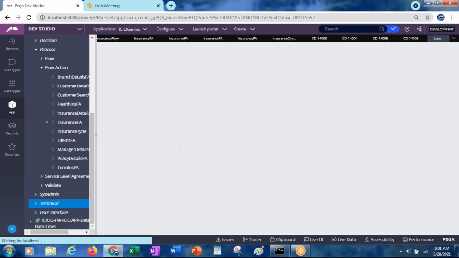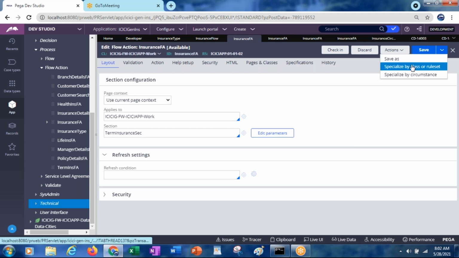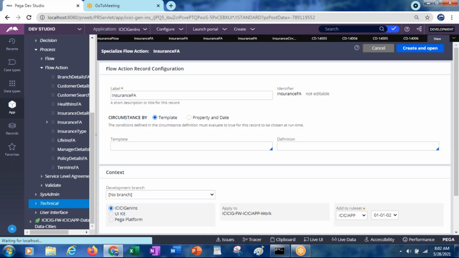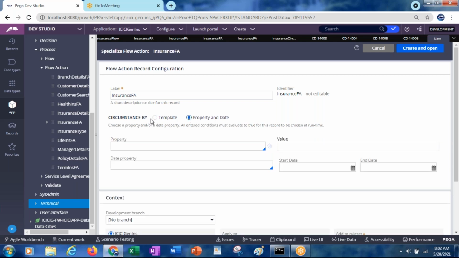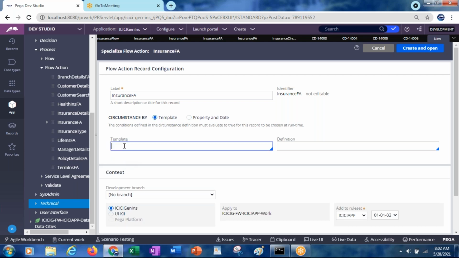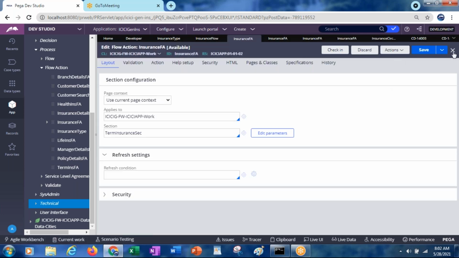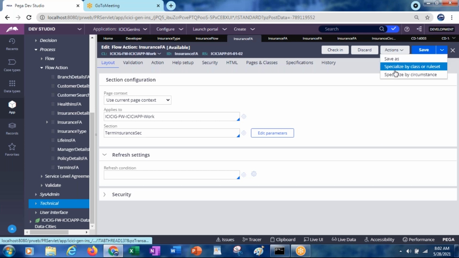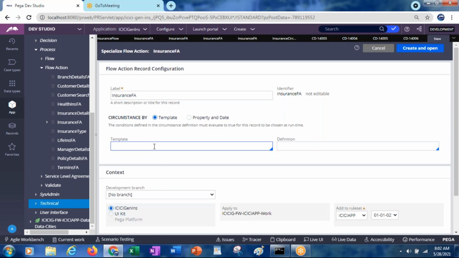As it's already opened, let's create one more and see it. What happens to this sometimes?